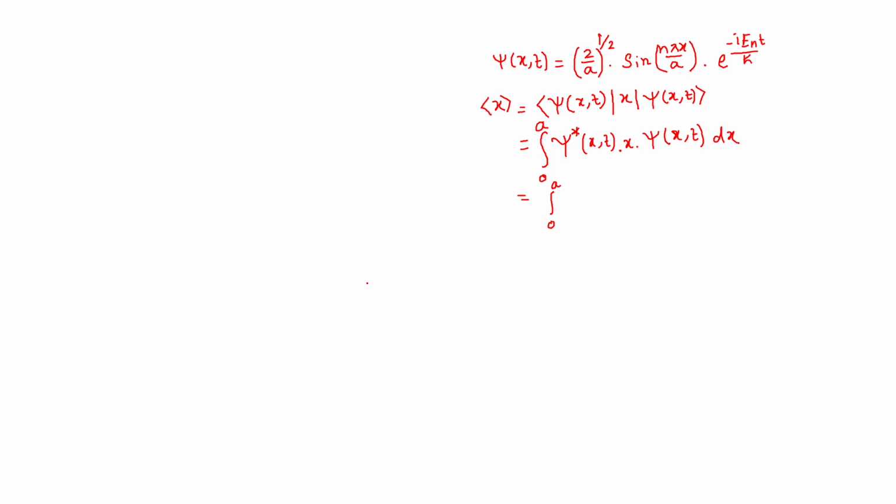Since x is an algebraic function and the other is a trigonometric function, x will be first and the trigonometric one will be second. So I'm writing this in terms of integration by parts: x times the integration of cos 2n pi x by a dx,